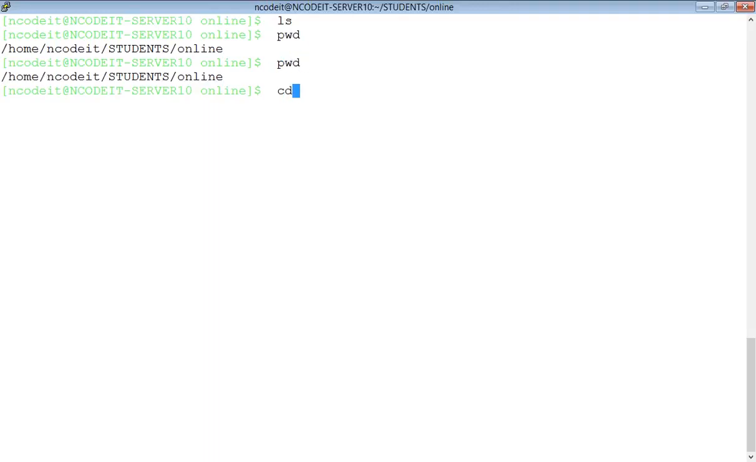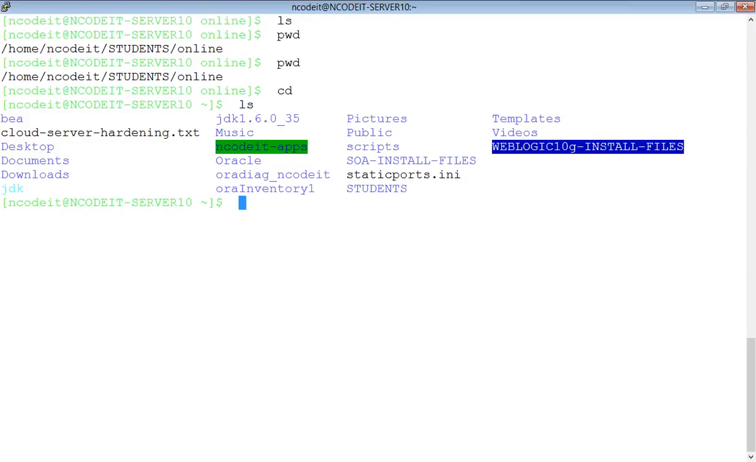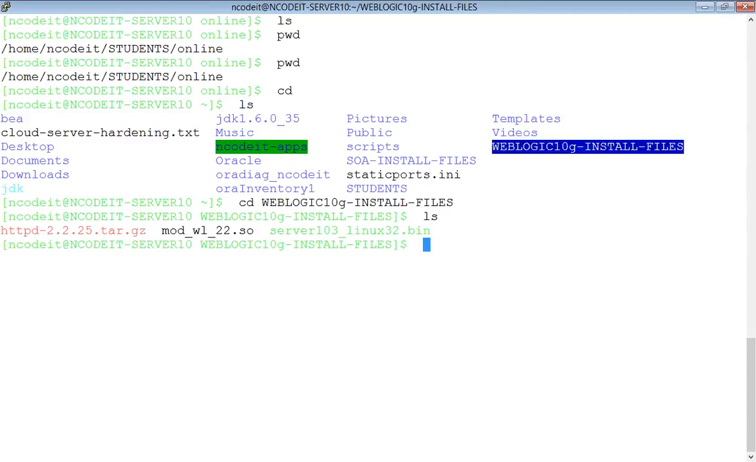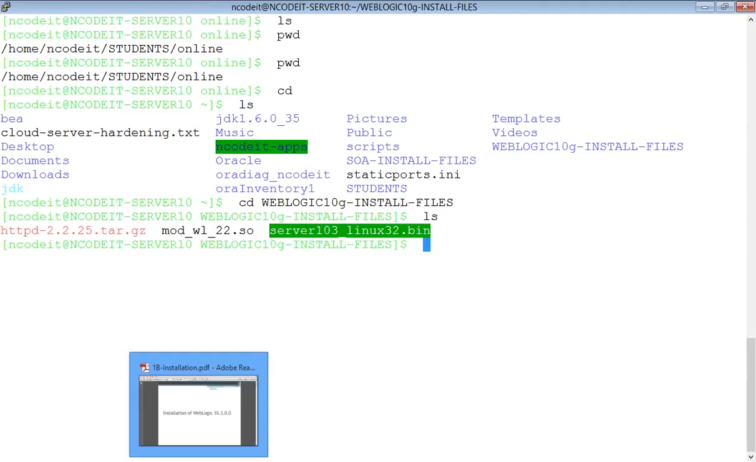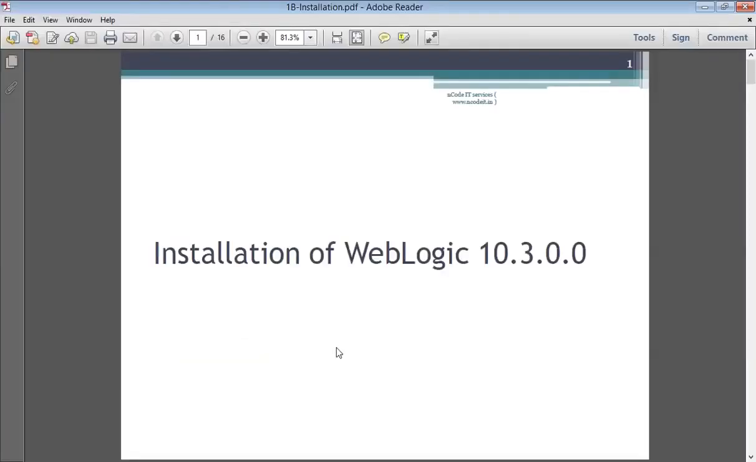this one. Go to the home directory, ls, and in here, WebLogic 10g install files, do a listing. This is where you have everything. This is the installer. Now here, if you see this installer, if you go back to the ways of installing